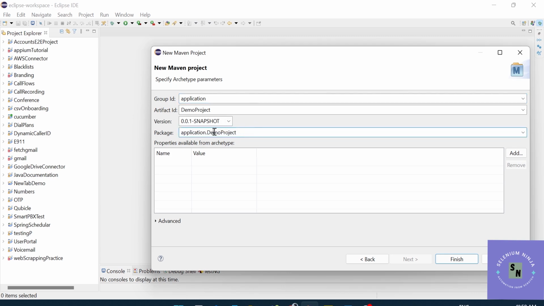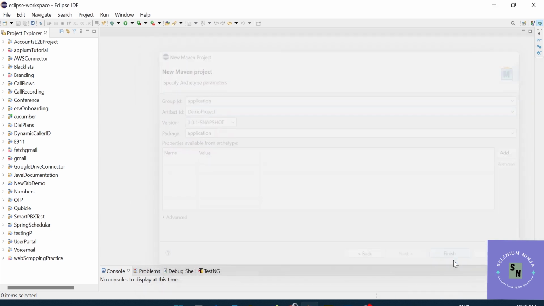If you check here, demo project, we gave the artifact, that artifact is showing up here, and we give the group ID. Group ID is at the start, so this package is a combination of group ID and artifact. So if you want to remove, you can also remove. Keep the snapshot version same, click on finish. So remember, here we gave the demo project name, right? Click on finish,